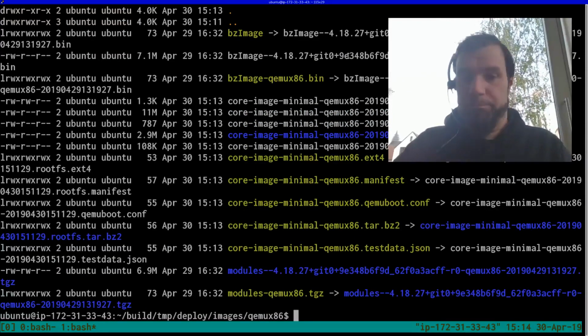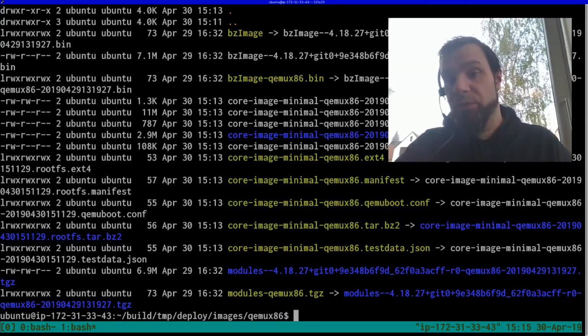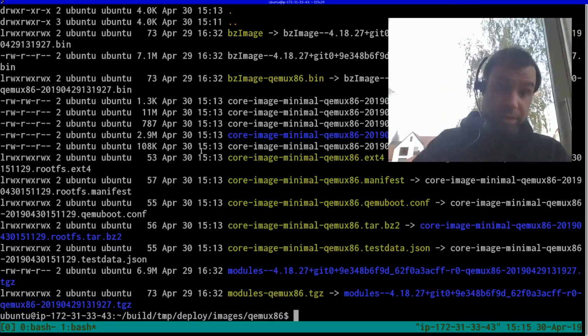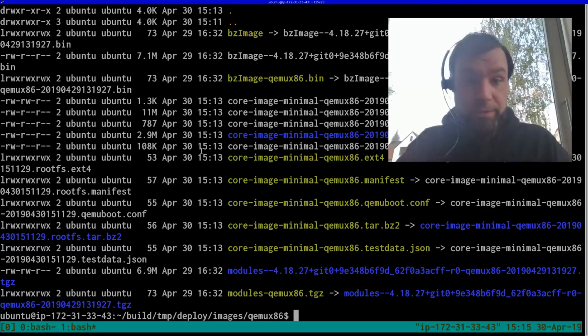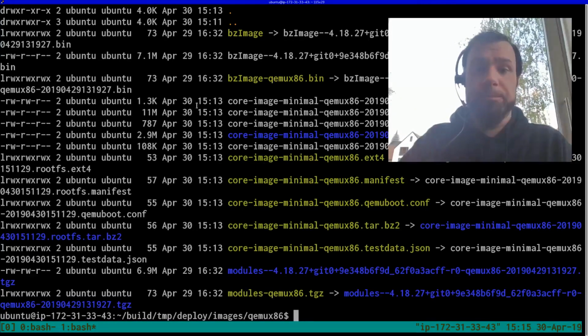I promise I'll make it larger right away. Just two or three small things to point out. You can see core-image-minimal-qemux86 with a timestamp .rootfs.ext4 at 11 megs. This is the root file system, the complete userland, and you can see